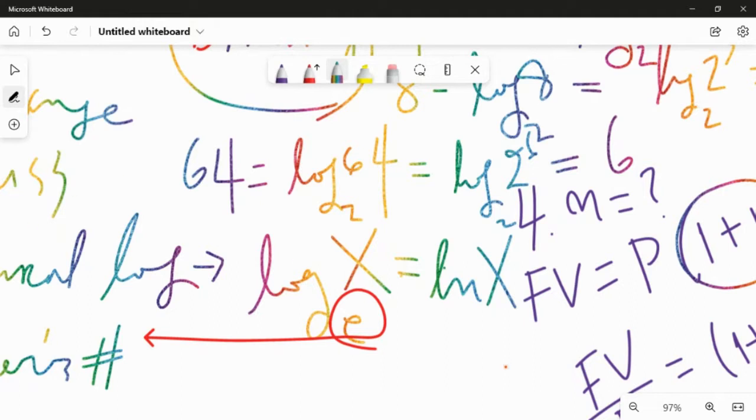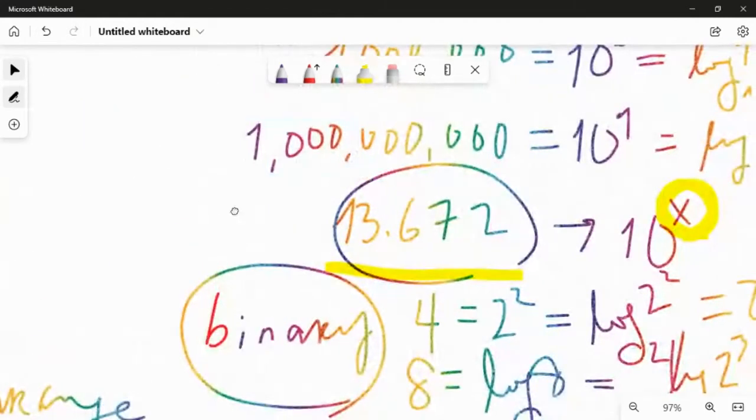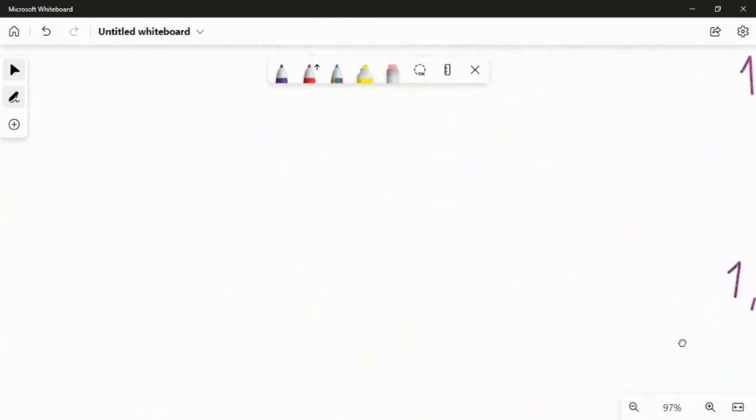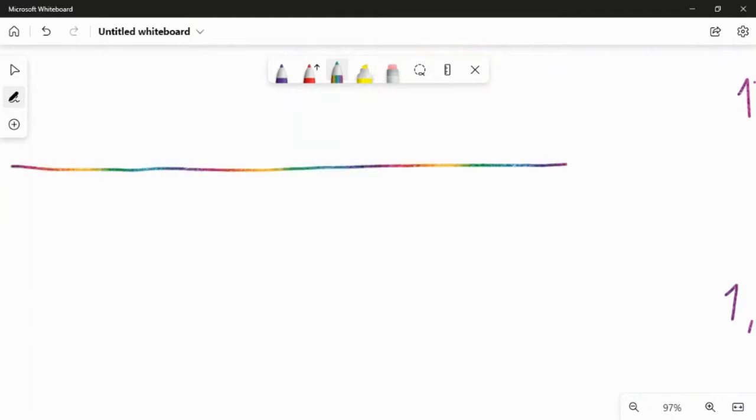We don't have time for natural log at this point. First we'll have to discuss Euler's number, and it was all done in my main lecture, if you have watched it. But what is the benefit of using log? Now, think about it. We had this common log. If you are measuring a very far distance, like